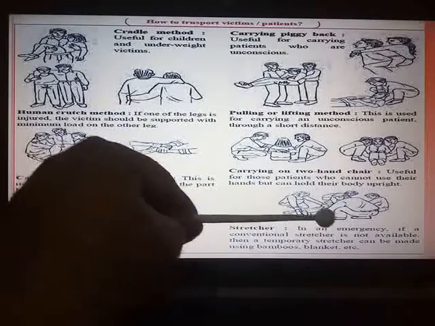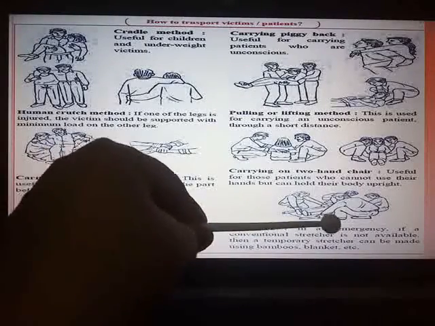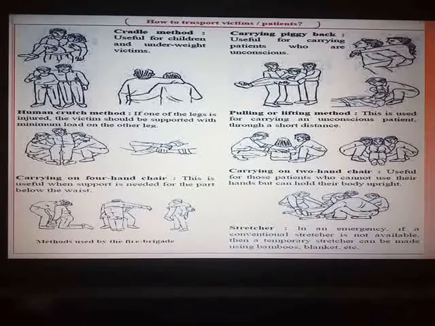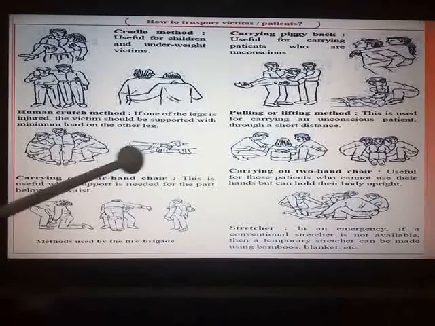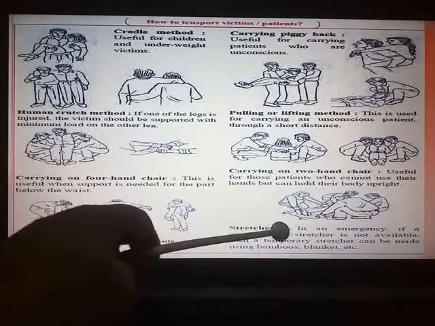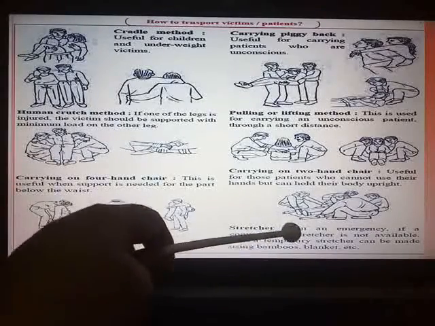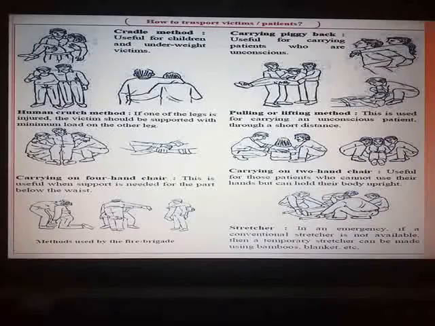Stretcher. In an emergency, if a conventional stretcher is not available, as I have told you, the stretchers which you get in hospitals will not be available over there. Then how can you prepare a stretcher? It can be made by using bamboos, blankets, etc. Whatever things are available there, you have to make use of them, and you have to see that the